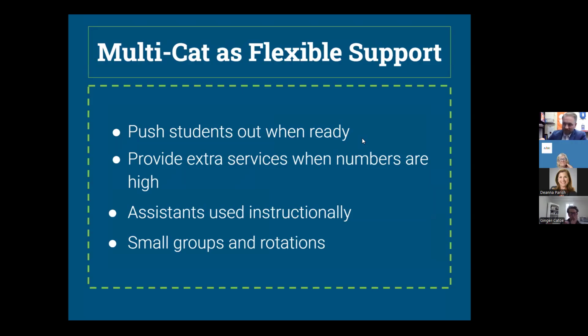I told you about our multi-cat and how they're flexible with us. I will tell you that we have some of the best assistants in the world, and that's what makes this work. I have three assistants, two in one class and one in another, and they are a big part of the instructional rotations in the classroom. They're really, really good at working with the kids, and they're a huge part in making sure that nobody's getting missed or that we're not having this downtime, because the biggest part is making sure that the kids get enough opportunity to respond to an adult